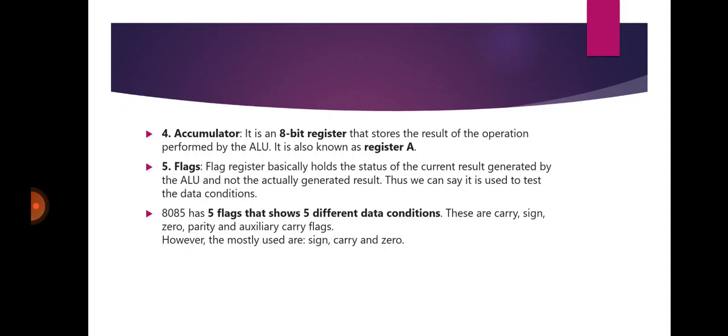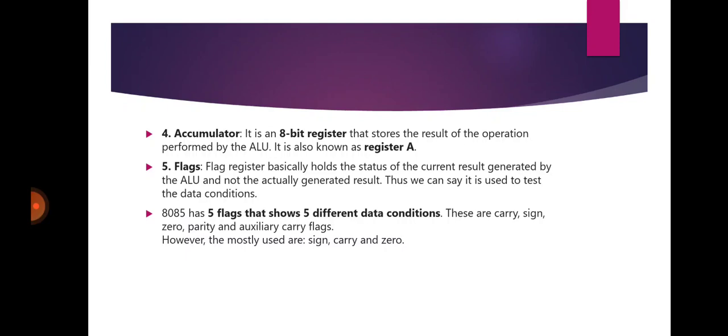Carry flag is nothing but, after the execution, the result where the D7 bit, also known as the 8th bit or MSB, generates a carry. If the carry bit is generated, then it will be set, otherwise it is reset. Zero flag, similarly: if the result is 0, then the zero flag will be set, otherwise it is reset. Parity flag: if the number of ones is even, then the parity flag will be set, otherwise it is 0.